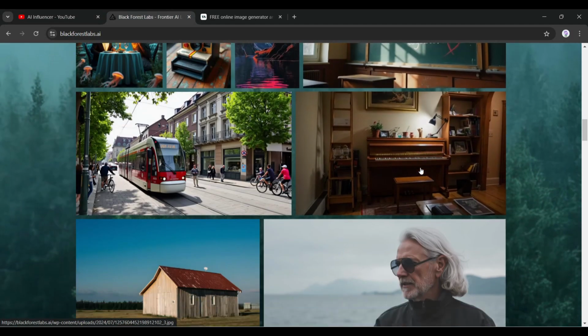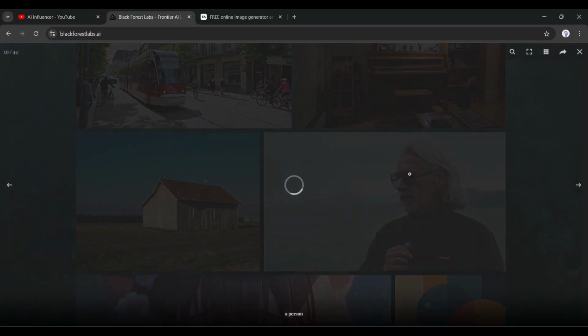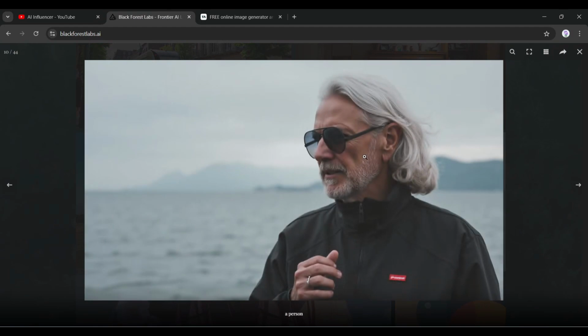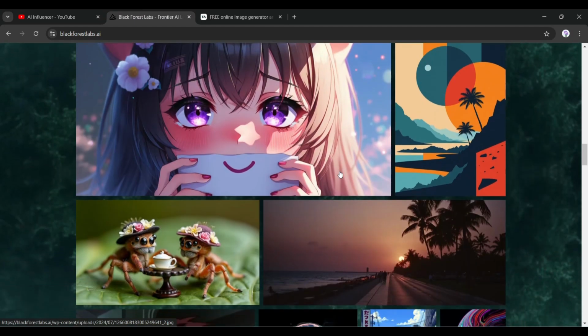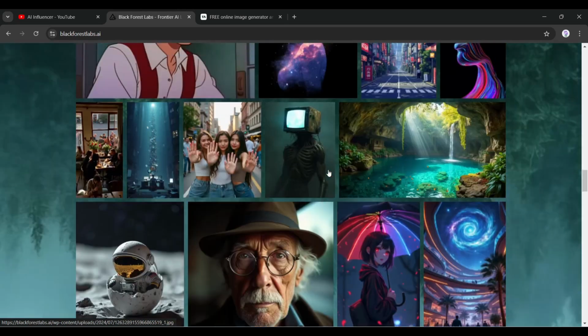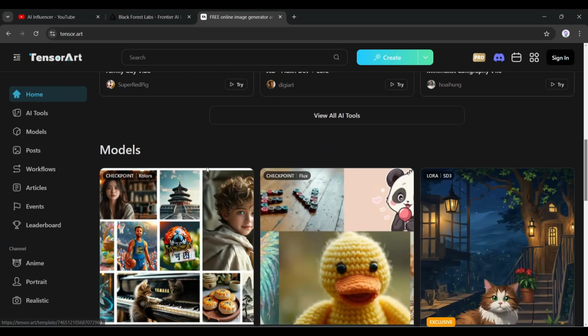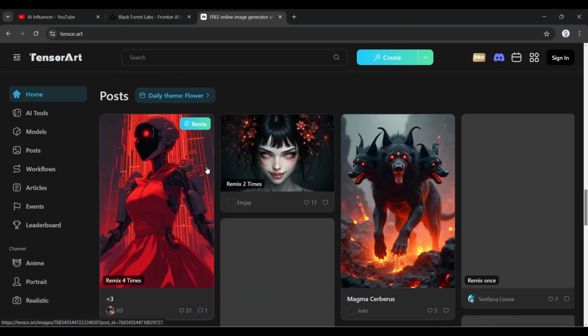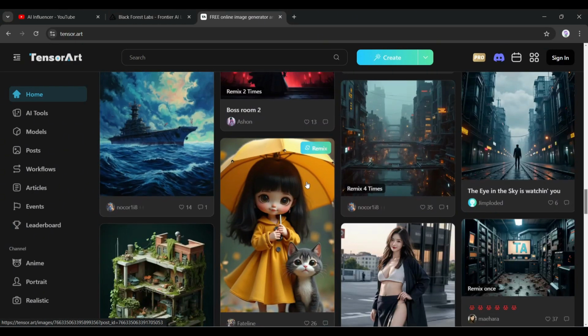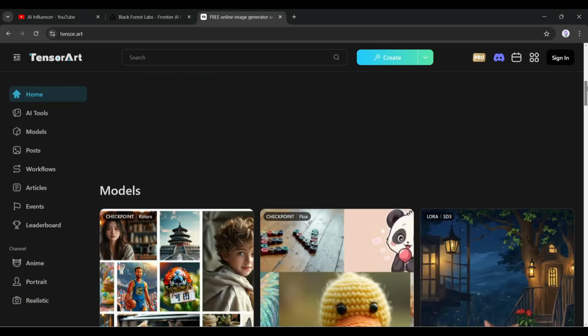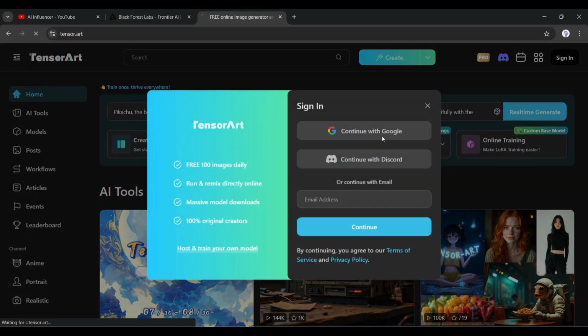However, as Flux 1 Pro shocked the world in the case of realism, I will use Flux 1 to create our model. To access Flux 1 online, I will use an AI image generator called Tensor Art. Tensor Art is one of the best AI image generator platforms, which has a bunch of image generation models along with Flux 1. I will put the link in the description, just over there, and then create an account on